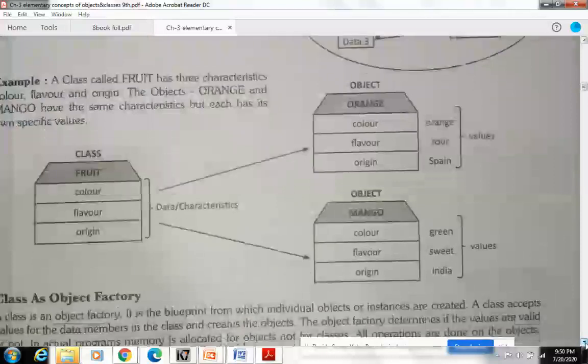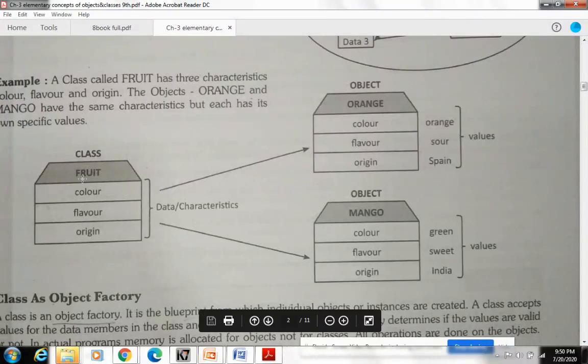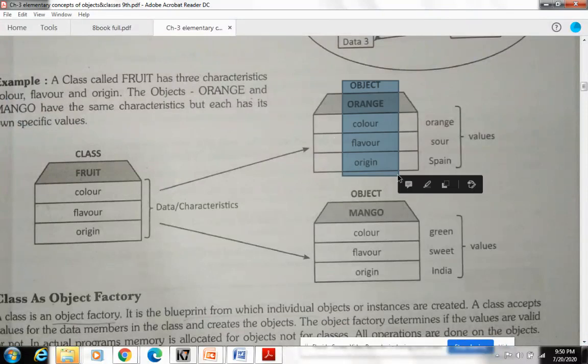Again, it is giving you the example that we have covered in the first and second chapters also, that fruit is a general class name, with color, flavor, origin. This is the design of the class, and in these variables particular values will come. Suppose we take one object example, this is known as orange. Orange is a fruit name. Its color is orange, its flavor is sour, its origin is Spain.